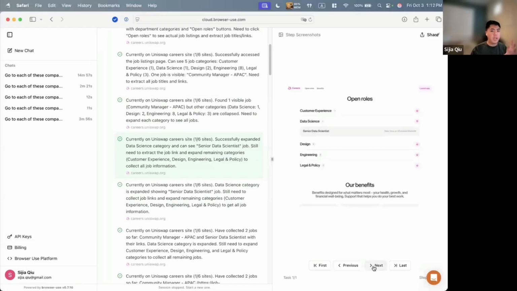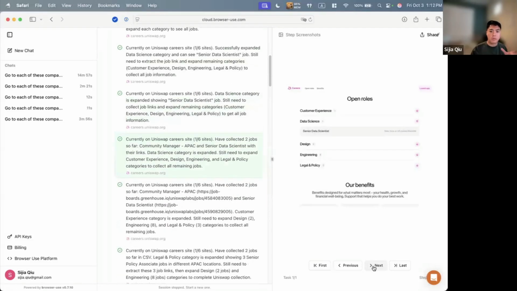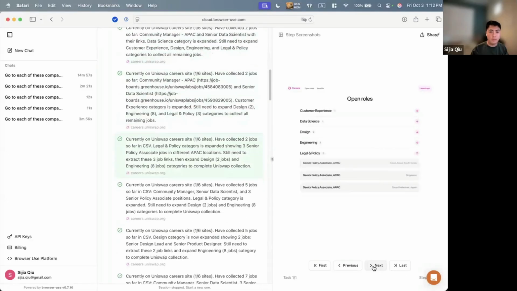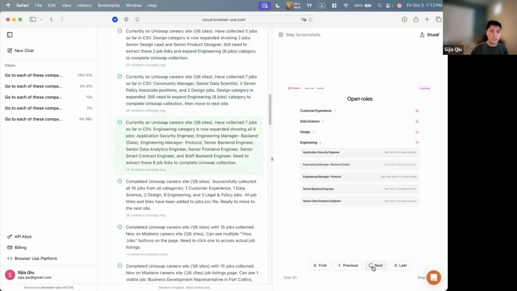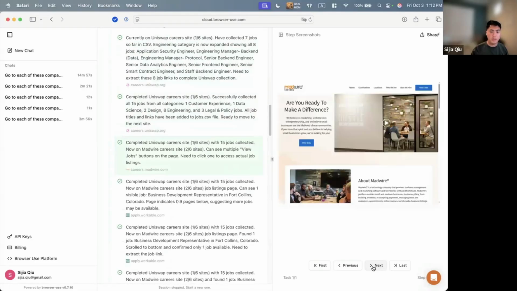So the navigation training in this one is probably not that great for this type of website, but it manages to get through it eventually. It opens up engineering and opens up design several times before it completes it and then moves on to the next step. So this is one example of browser navigation through this specific